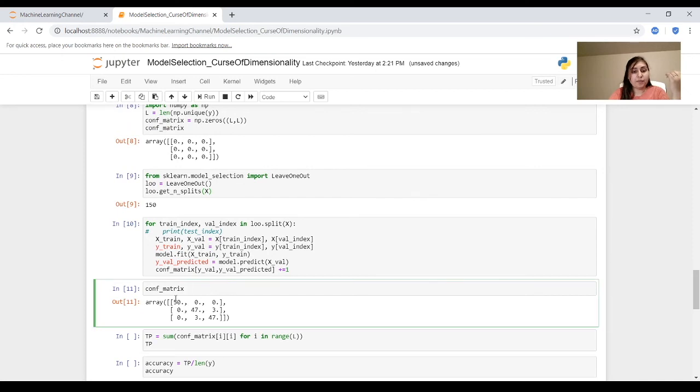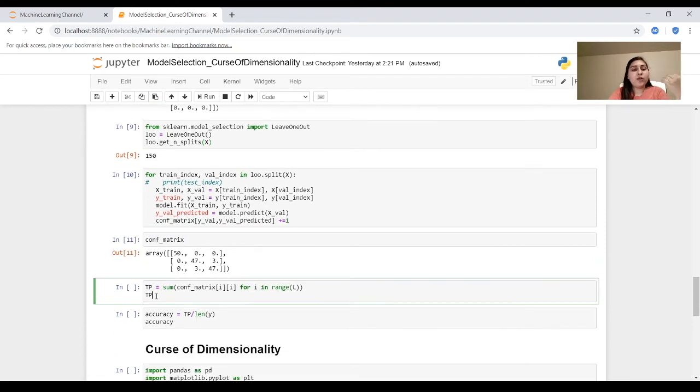So here I can see that, I also want to mention that the rows represent the ground truth values and the columns represent the predicted values. From the class 0, it is correctly classified across all splits. In class 1, 47 samples were correctly classified, and 3 samples were not predicted, or misclassified. Similarly, we have seen this same trend for class 2. In this, we got 47 correctly classified and 3 misclassified.